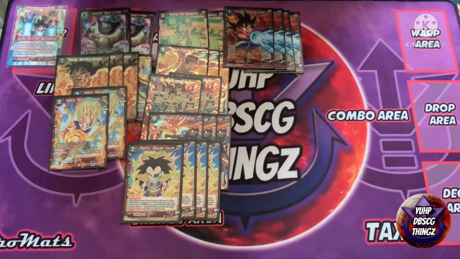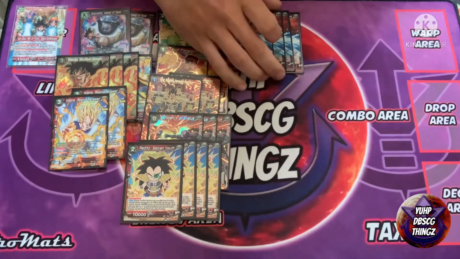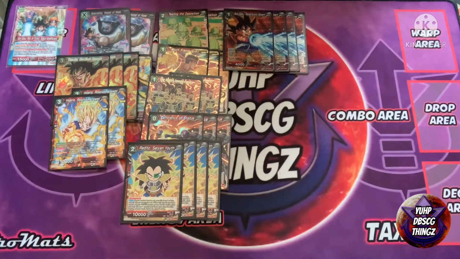That's another reason I like Raditz in this deck, is because this 1-drop will just search the super combo, and there's other ways to play this 1-drop other than just hard casting it out of your hand for 1, which is pretty nice. So with that being said, it also has an activate main limit 1, which is important to note. Choose 1 spaceship vessel of hope in your unison area, and then place this card underneath it, add a